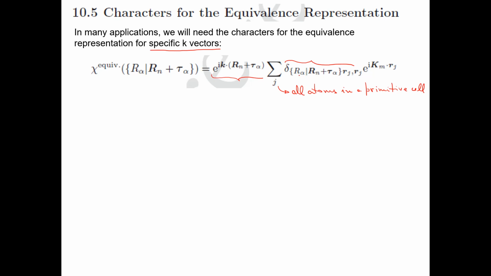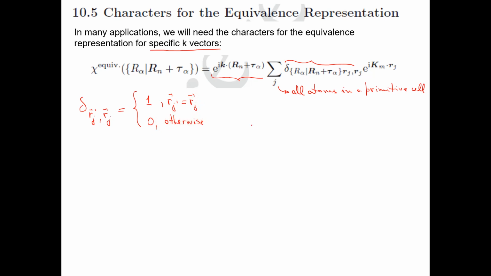Okay, so delta Rj prime Rj is going to be 1 for Rj prime equals Rj, and 0 otherwise,